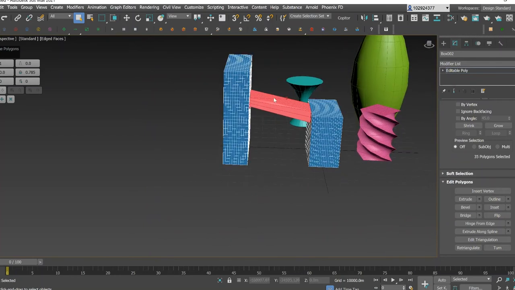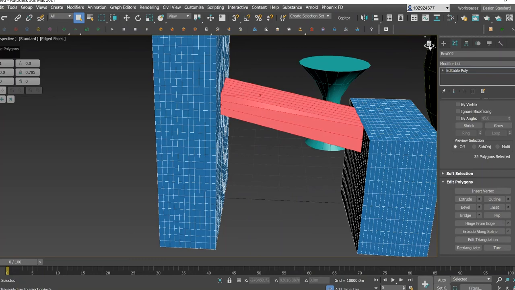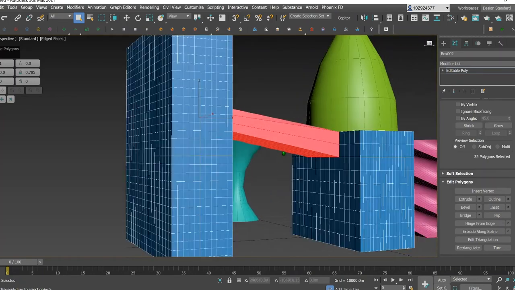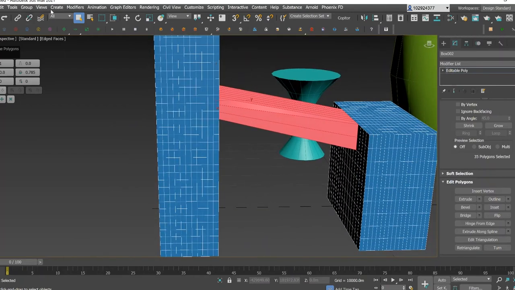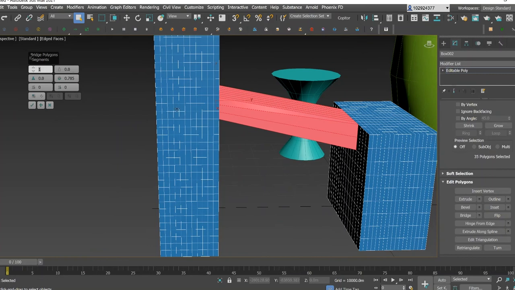Once you scroll out, you'll be able to see that that bridge has been applied from one building to another. So you've got that attached. Now going back to these settings, the first option here is the segment. As we did before by applying the segments to the buildings, you can do the same thing with the bridge. As you change the segments, you can see it being broken up into however many you type. So if we change that from 5 to 10,